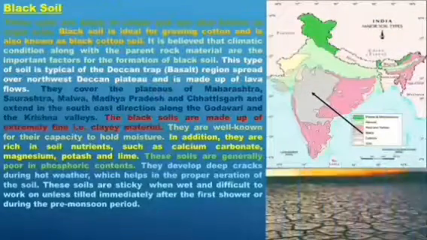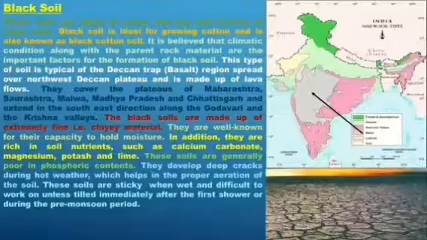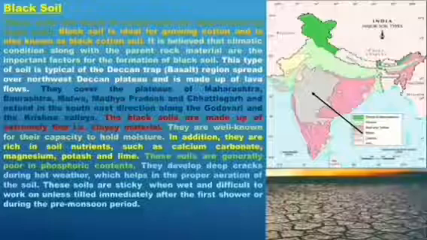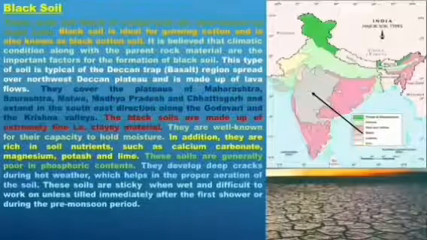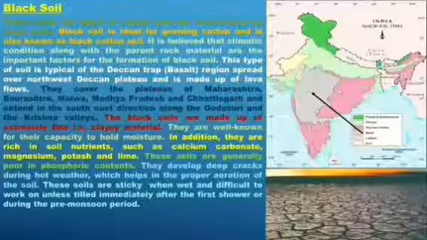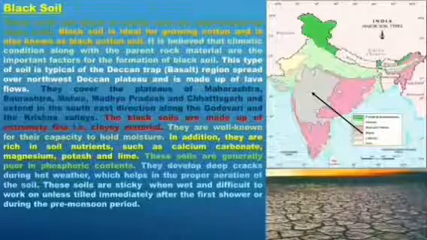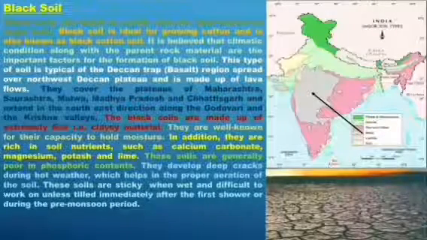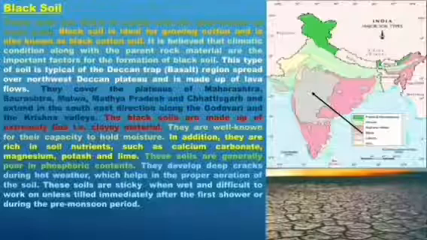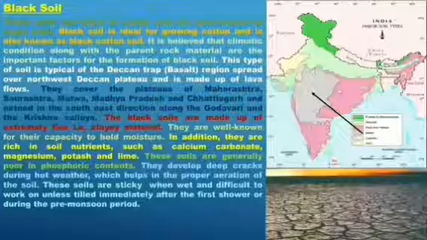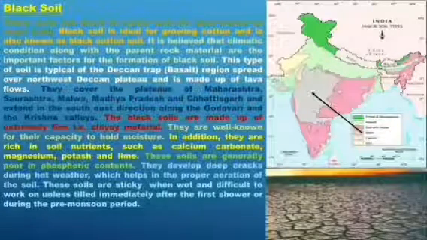Black soil is black in color. It is also known as rugged soil. It is less fertile than alluvial soil. It is also known as cotton black soil because it is suitable for the growth of cotton, particularly in India, that is in Maharashtra. It has been shown on the map as well, you can see.